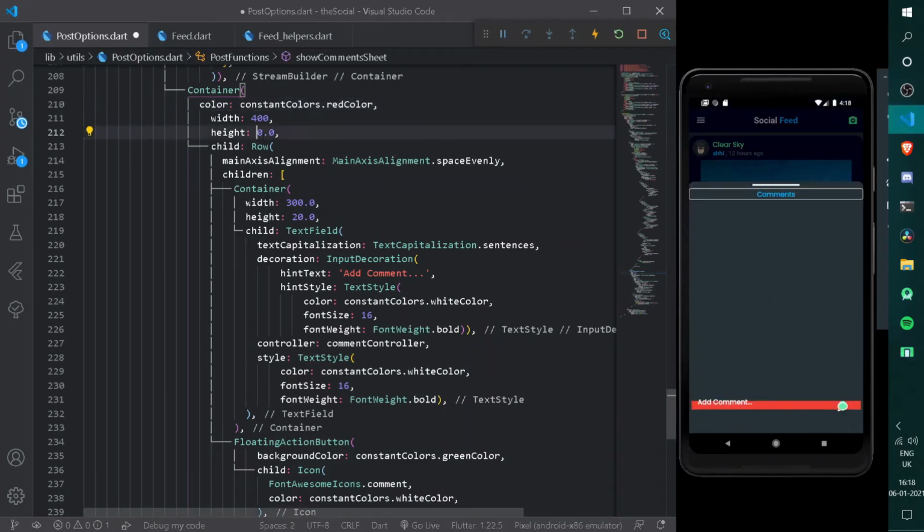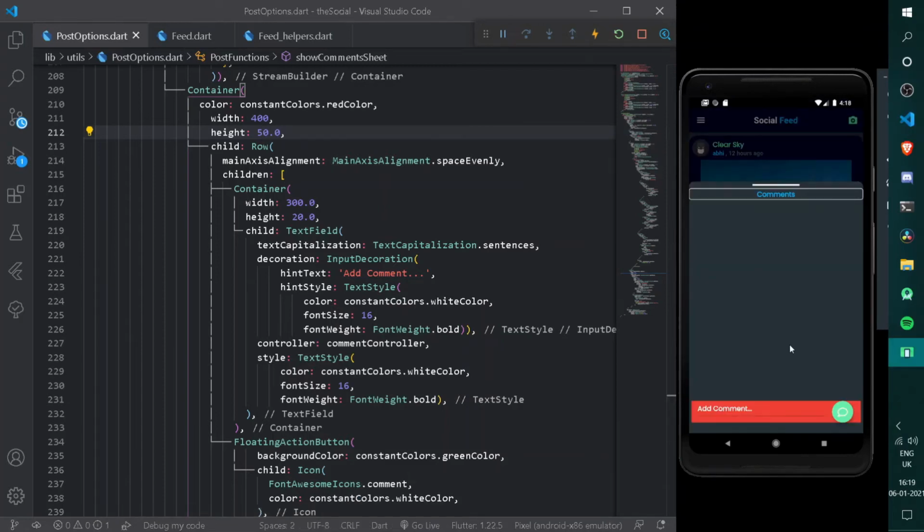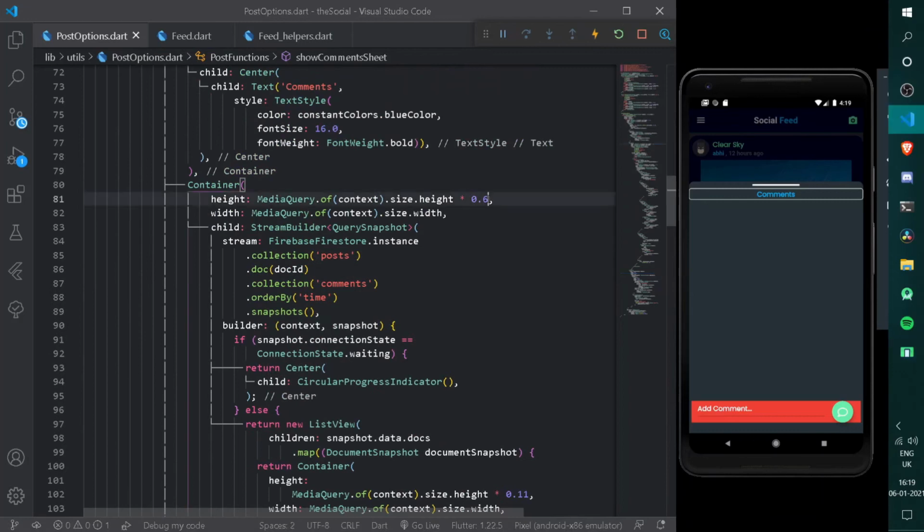So now let's increase the size somewhat to 50. Let's open it. Cool, so everything is properly managed and the button is big as well. So after having the following changes, let's go at the top of the following stream builder and let's increase the height somewhat. Let's check it out. Alright, bottom overflowed by 6.3. It's always about trial and error. Cool, so everything is properly managed and we are good to go.